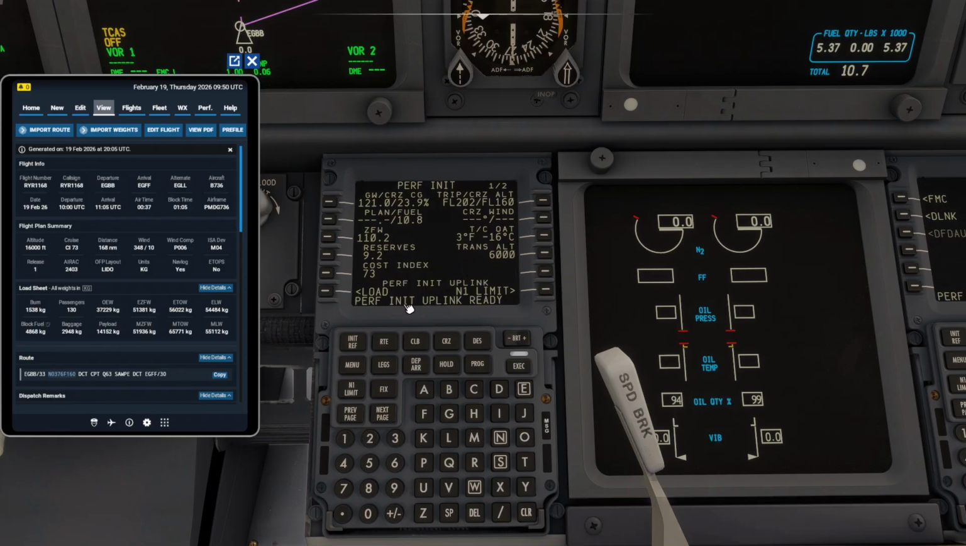Once you get that, the perf init uplink comes up, and you can press load, and that information gets filled in for you. Like, I got my reserves wrong, didn't I? It was 5.5, but it all comes up for you, so you haven't got to put it in yourself. So that's another way of doing it. And then you can press execute,